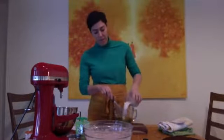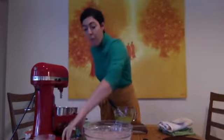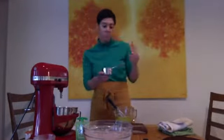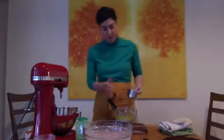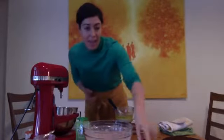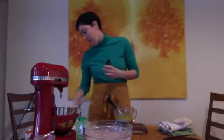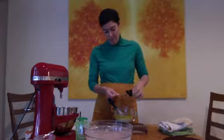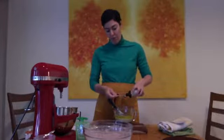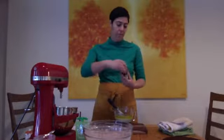So we're going to add the milk, 3/4 cup. And then we want to put in our sweetener, so we're going to use 1/2 cup of maple syrup. Okay. And then we're going to add in the vanilla extract. For this recipe, I use actually 1.5 teaspoons of vanilla extract. I'm looking at the recipe here. It doesn't make a huge difference in flavor, the 1.5 versus 2. It just gives it a little bit more of that vanilla undertone. And then